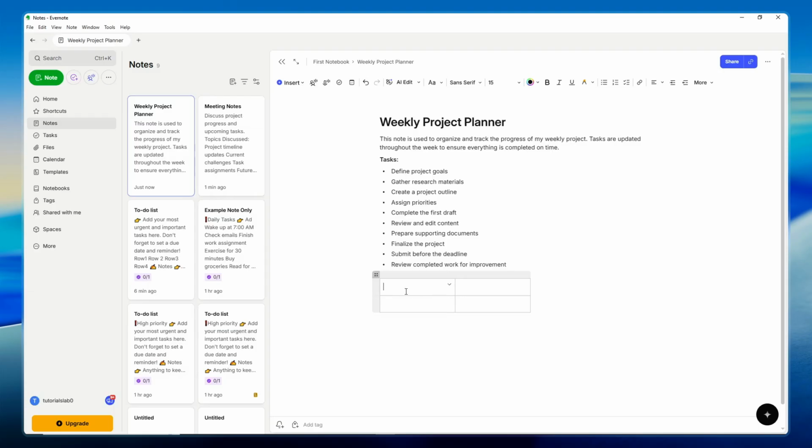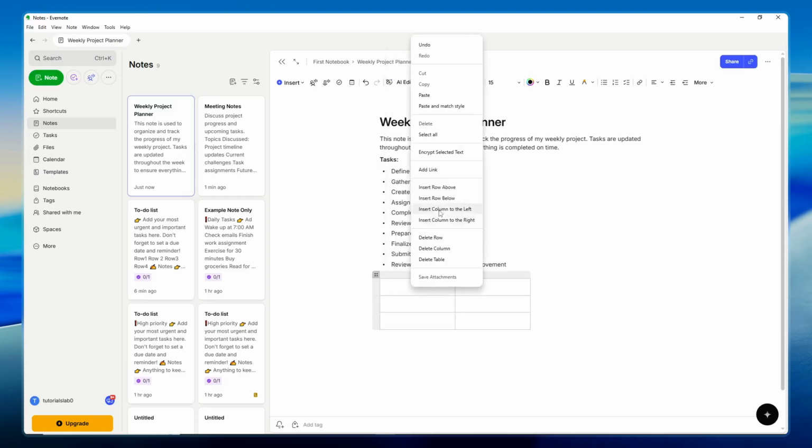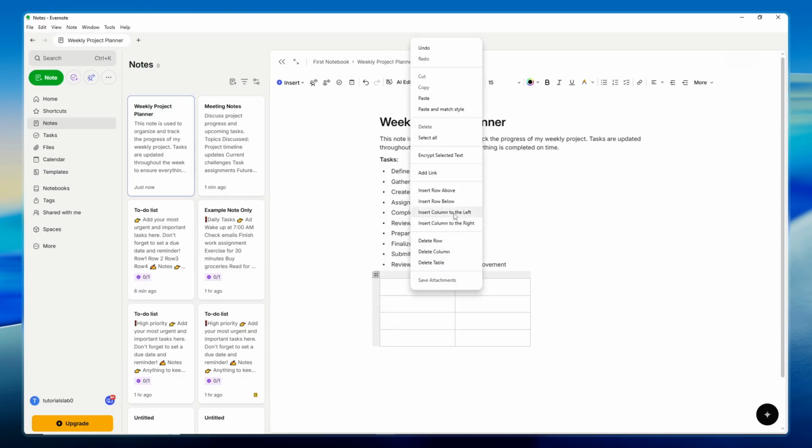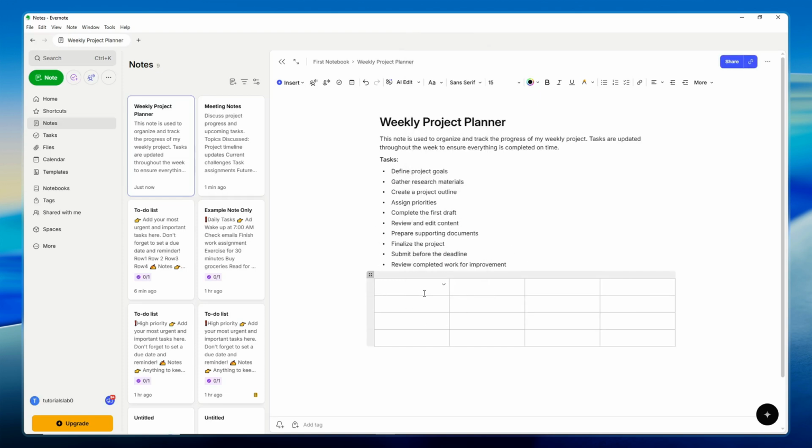If you need to add more columns or rows to your table, it's really straightforward. Just right-click anywhere inside the table and you'll see several options appear. You can choose Insert Row above, Insert Row below, Insert Column to the left, or Insert Column to the right. This flexibility allows you to build your table structure exactly how you need it, whether you're adding more data points